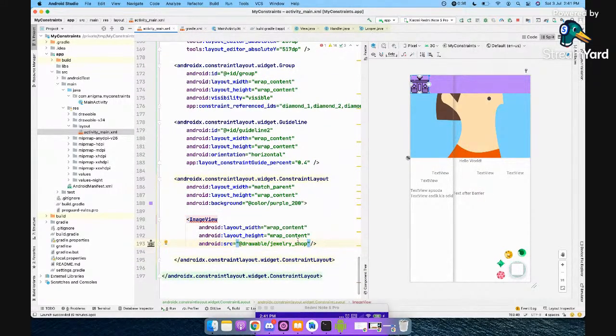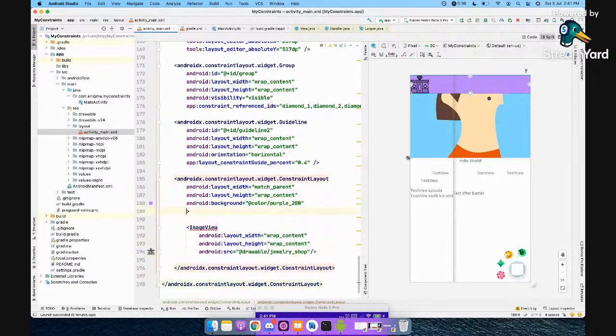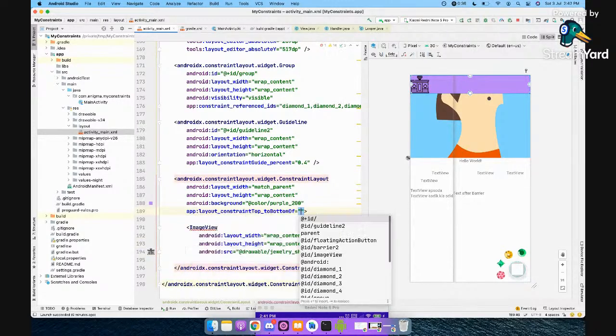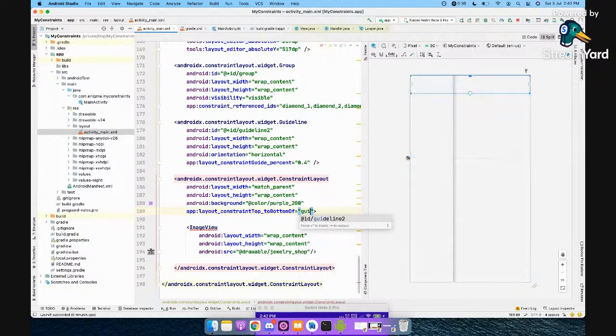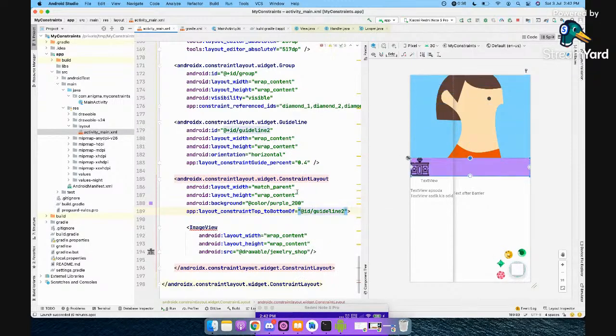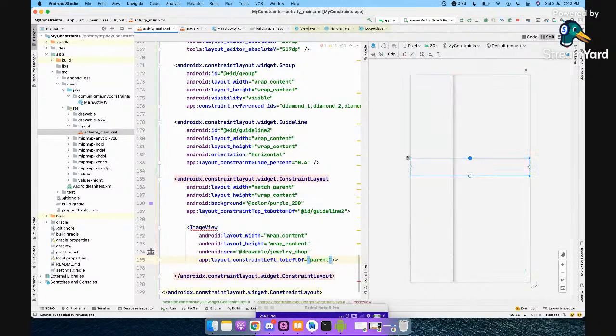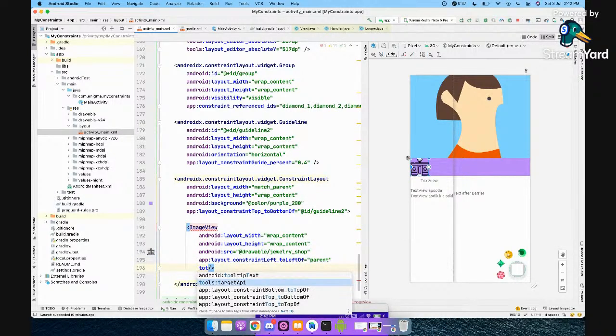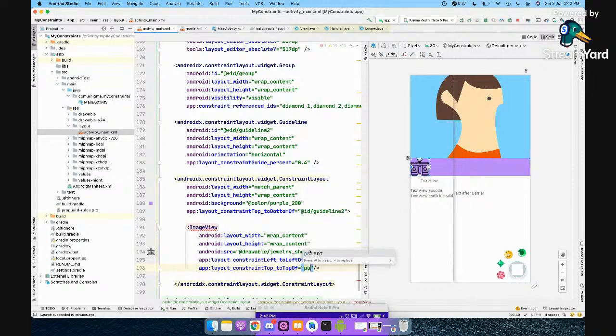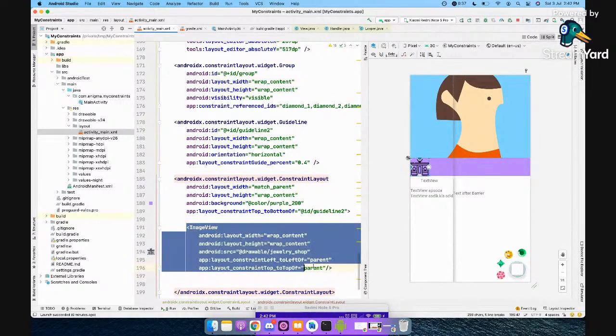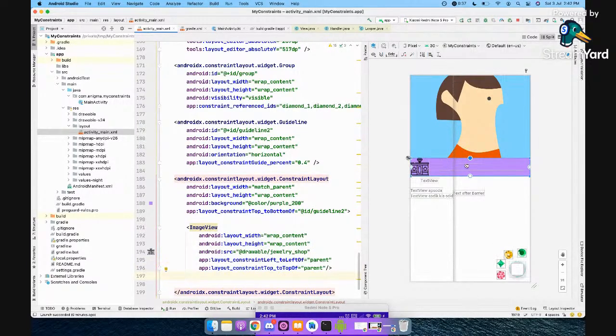Right? So they'll put top to bottom of something. Let's say I have this new guideline. Okay, so I'll put to the bottom of this, left to left of parent, and top to top, or whatever. So this is a go-to approach, which is not needed. There can be other views here also, like, let's say, text view or image view or whatever. It does not matter. This is one particular form which needed the background, right?